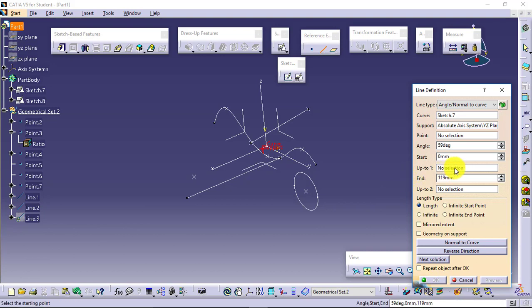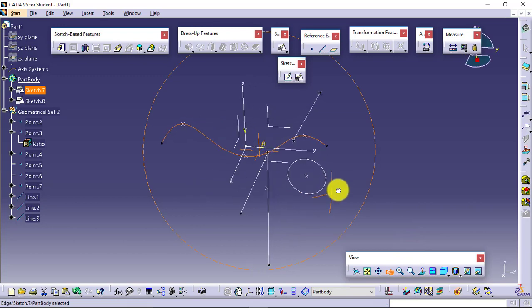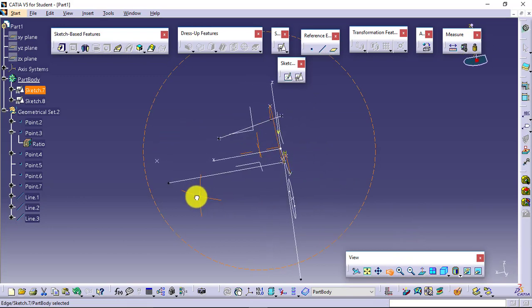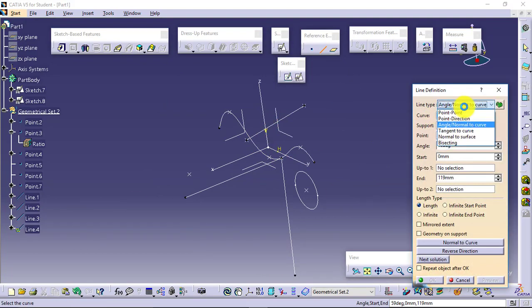Again, you will have to define the parameters, from which point you want to start it. You can see, normal to this curve at an angle, the line has been created on the plane, this one. So like this you can create the lines.